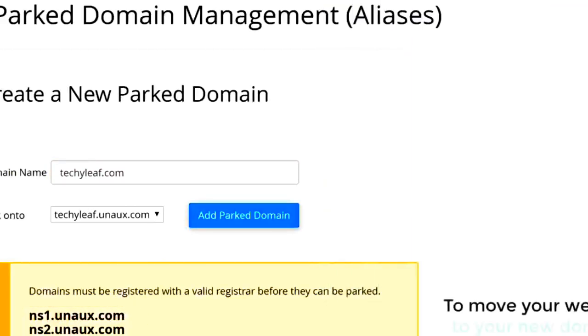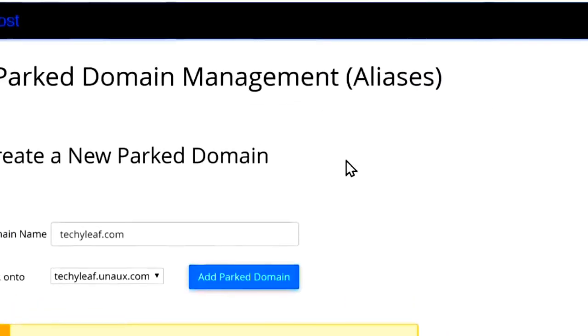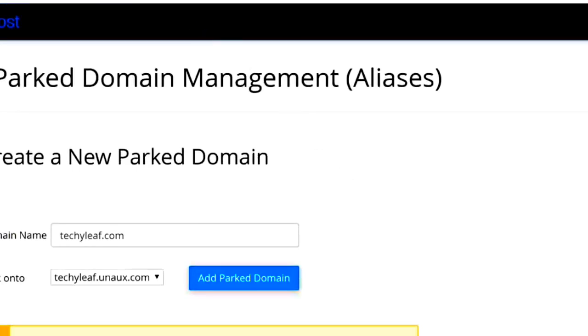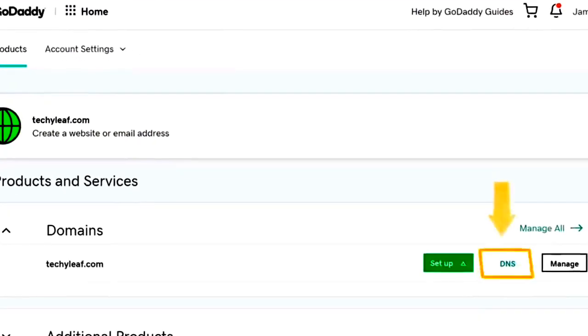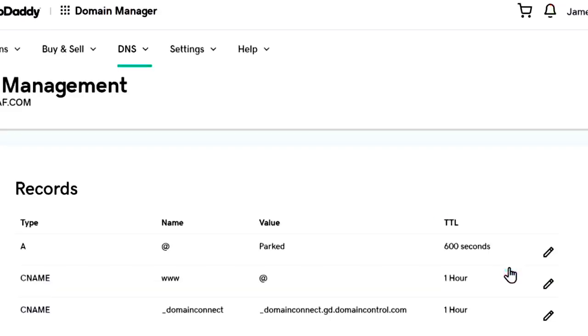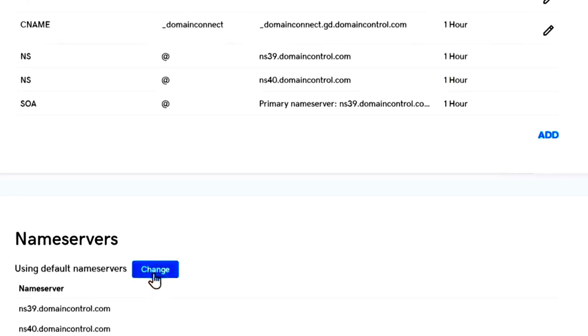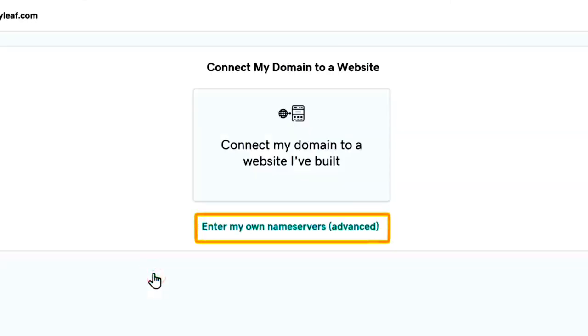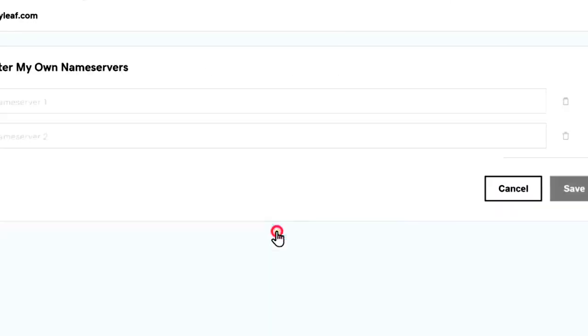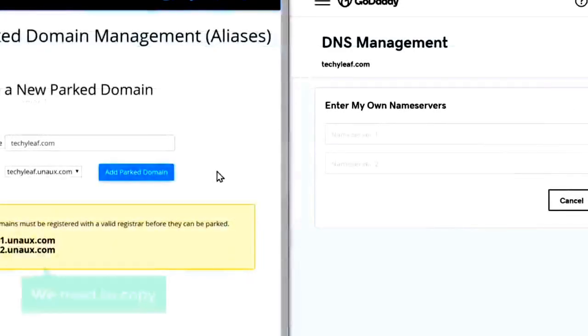Once you've entered the domain, we can go to step 2, which is to add these details to GoDaddy. Now to move your website to your new domain, you need to add these 2 details in GoDaddy. So to add these details, let's go to GoDaddy and click DNS. Now scroll down and click Change. And then click here. So now we need to copy these two details and paste it here. First, let's copy this one